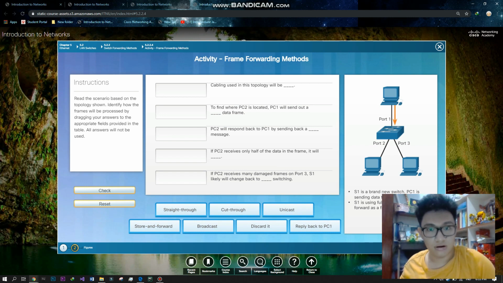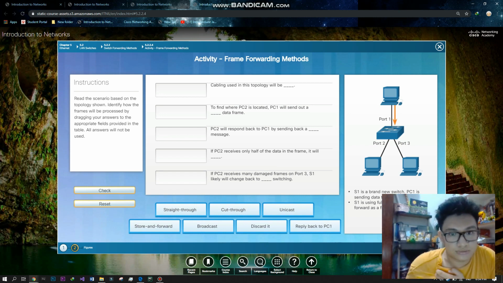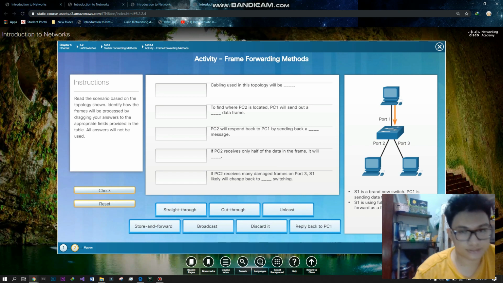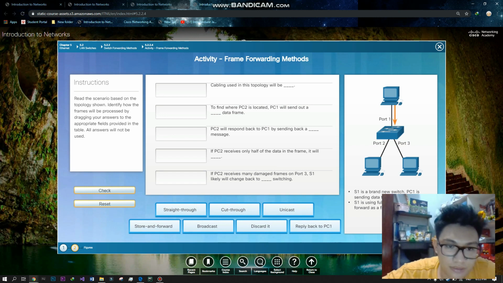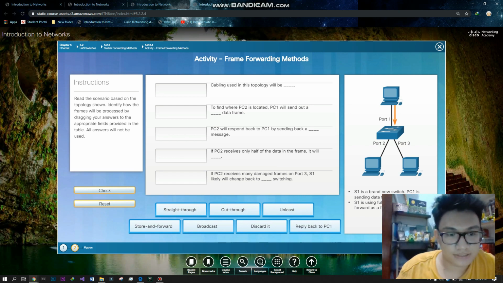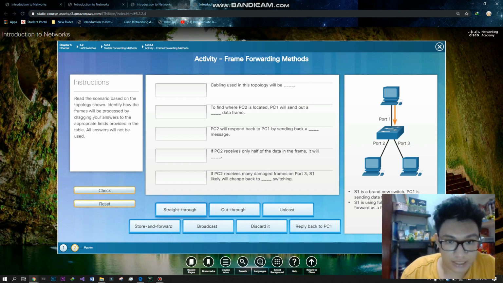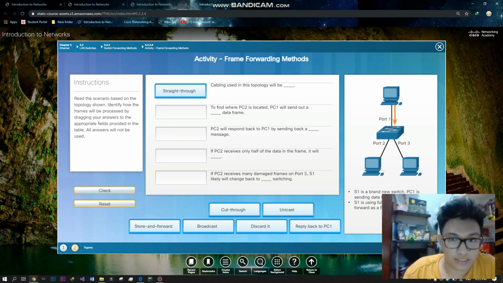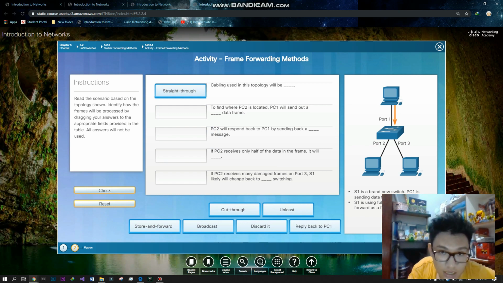Now the last activity for Chapter 5, the frame forwarding method, in which we will answer it. So guys, in this last activity for Chapter 5, okay. The cabling used in the topology will be straight-through. To find where PC2 is located, PC1 will be